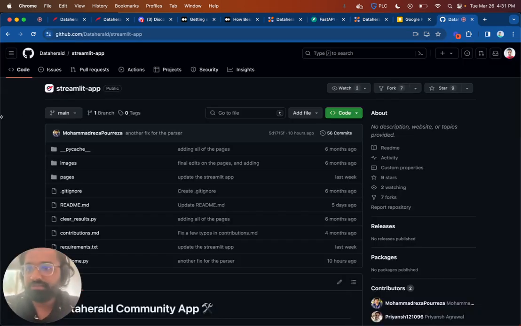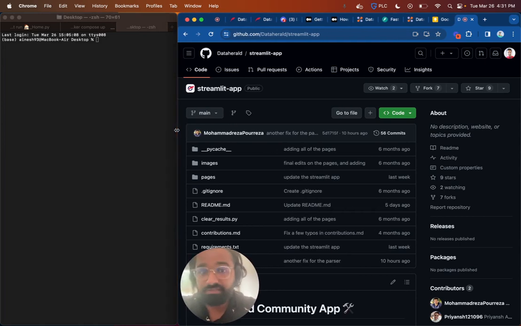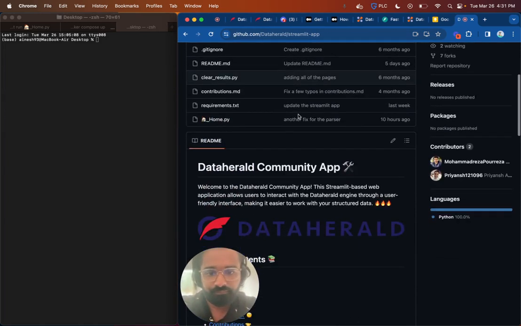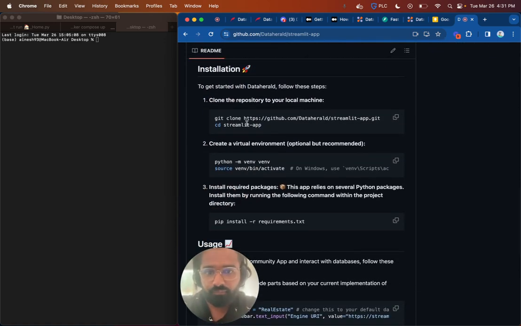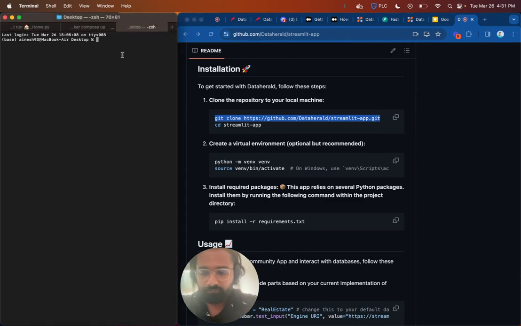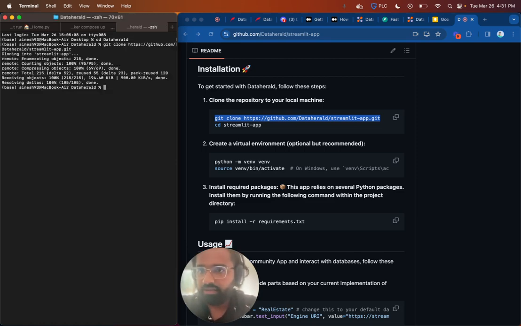Now that you've made the database connection, we're ready to install the Streamlit app, which can be done in less than 2 minutes by following the directions in the GitHub repo here. I will do it step by step with you now. First, we're going to clone the repo. I'll first change into the directory that I want to hold all of this in, and then clone it. And then I'll go into the cloned repo